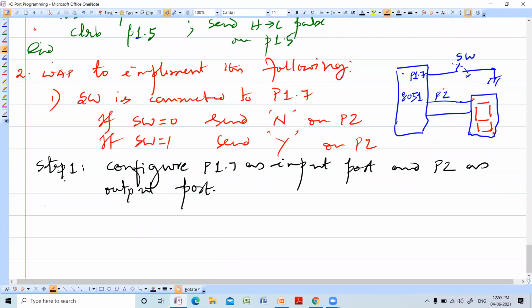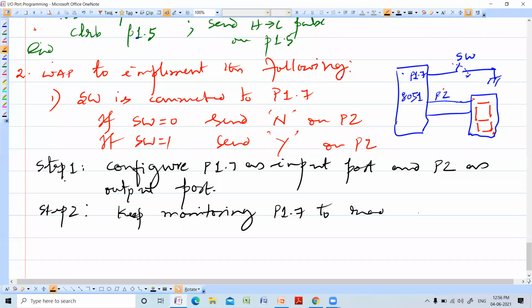What is the step 2? Keep monitoring P1.7 to read the status of switch SW.